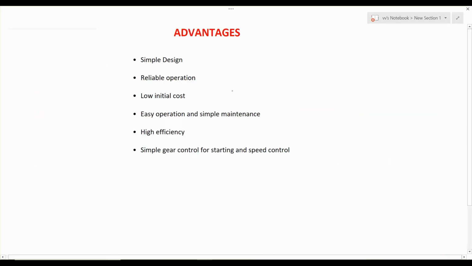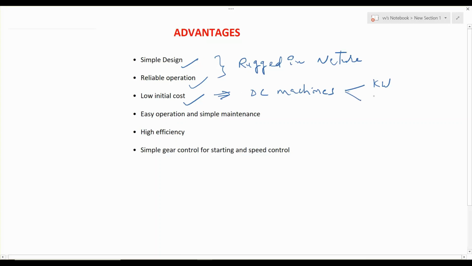So coming to advantages, these are the advantages. Simple design, it's a reliable in operation, rugged in nature. Rugged means very strong. So atmosphere లో ఏమైనా చేంజ్ వచ్చినా కూడా దీన్ని అంతగా ఎఫెక్ట్ చేయవు. So low initial cost. Initial cost when we compare to a DC machines, అంటే DC machines తో కంపేర్ చేసినప్పుడు సేమ్ కిలోవాట్ రేటింగ్ అండ్ సేమ్ స్పీడ్ రేటింగ్స్ ఉన్న రెండు మిషన్స్, ఒకటి ఇండక్షన్ మిషన్ అండ్ ఒకటి DC మిషన్ కంపేర్ చేసినప్పుడు the cost of induction machine is very